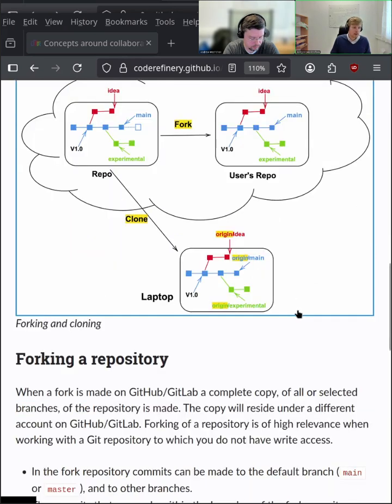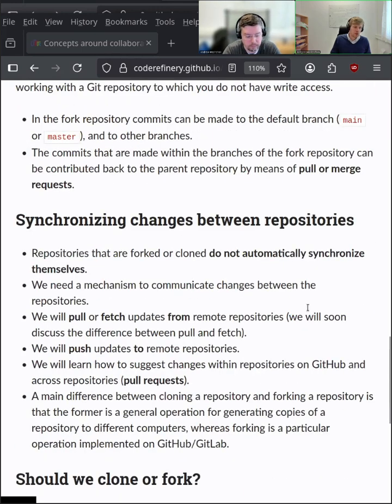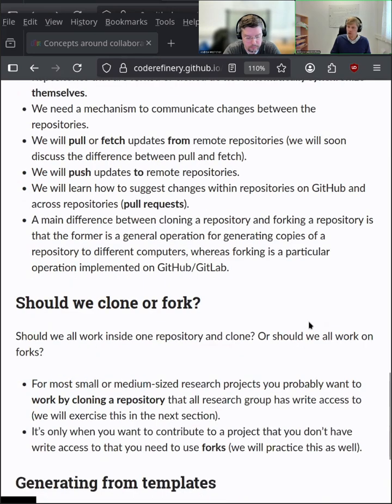Now, maybe one of the first questions that arise then is, when would you actually want to fork and when would you want to clone? So Andrew, may I ask you, what do you usually do in your everyday life when you work with code repositories? In which case do you prefer to clone and when do you fork? Well, the main thing that decides which you do is generally whether you have write access to the repository.